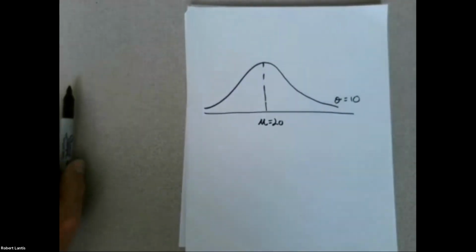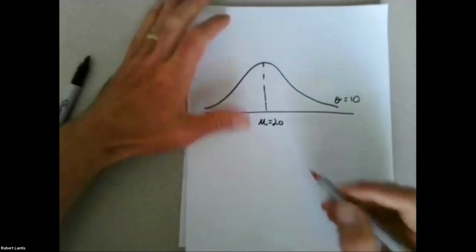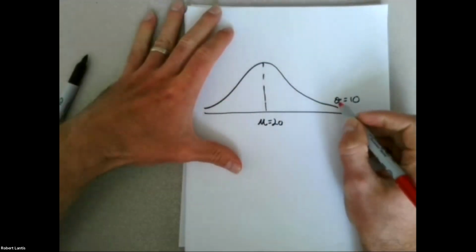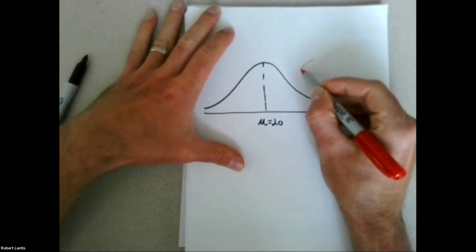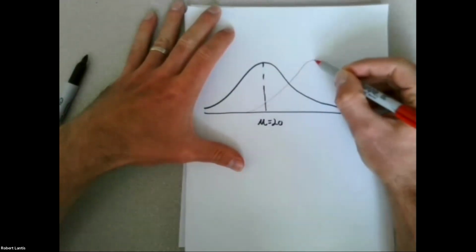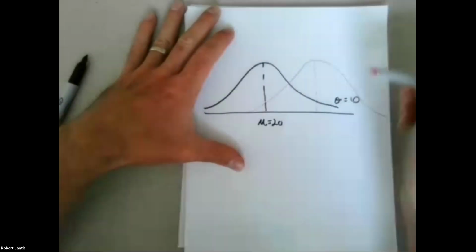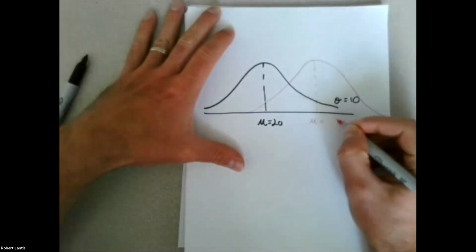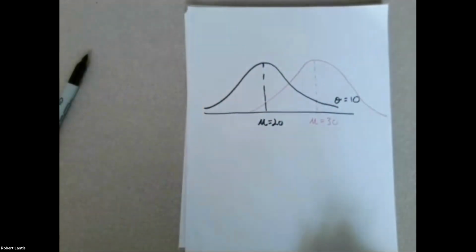Well, if I had another distribution and it had a mean of 30 and a standard deviation of 10, what I'd end up with is a distribution that's the exact same height. I try to draw the same height, but it shifts that distribution to the right. So anytime I have higher values,